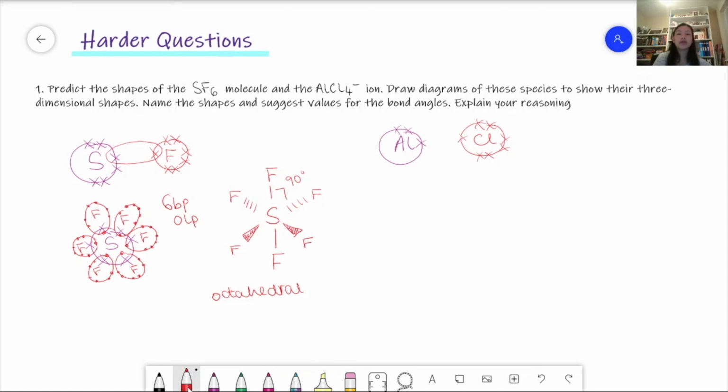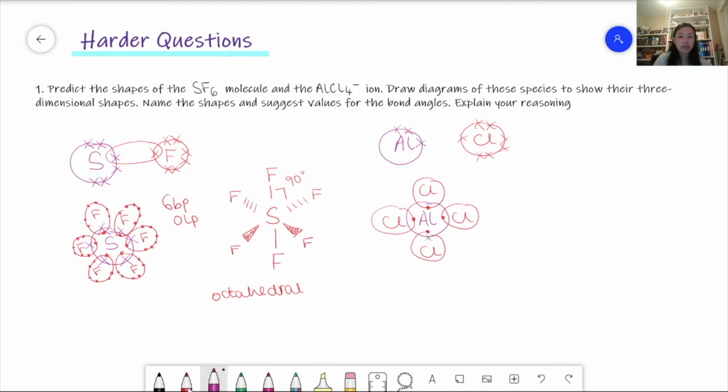So when we bond 4 chlorines to aluminium, we then get something that looks like this. 2, 3, 4, and these all share one electron each,